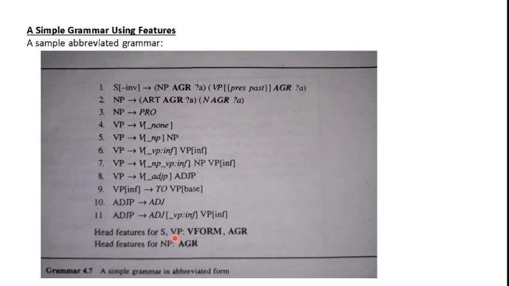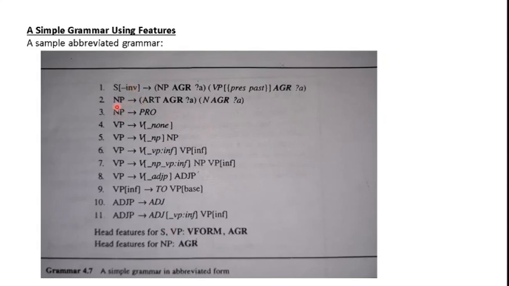If you see here for the S mother form of rule 1, the head features are VForm and AGR. If you observe the first rule, can you see any italicized form on the right? Yes, we have an italicized form on the right, that is VP. So it means that S is the mother, VP is the head constituent, and they both share the head features VForm and AGR. VForm and AGR is present in S, as well as VForm and AGR is present in VP with the same variables. But they are not represented here. So that's the meaning. Similarly, all other rules have to be read as such.